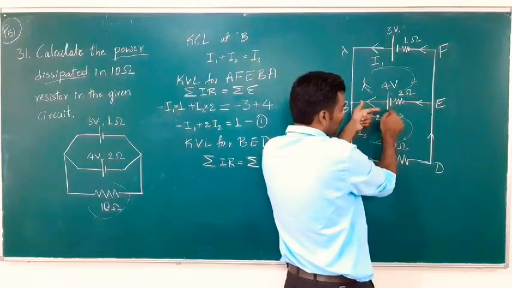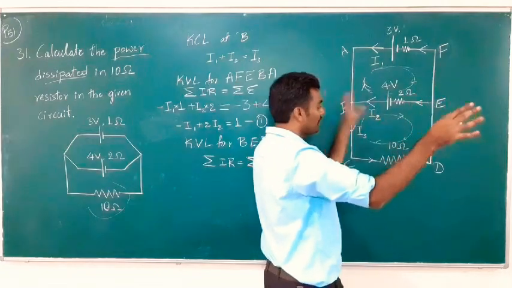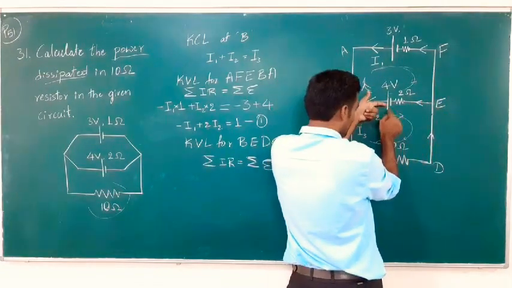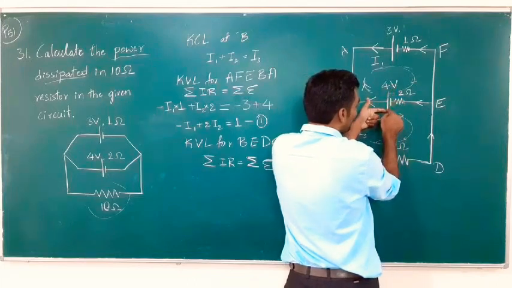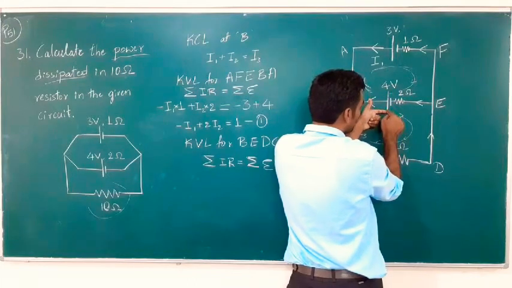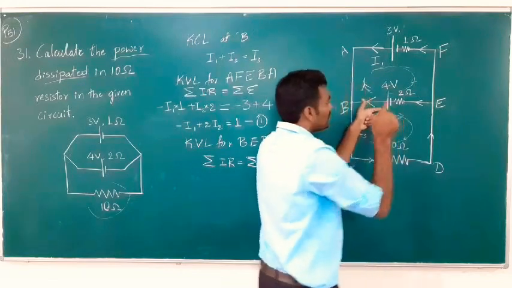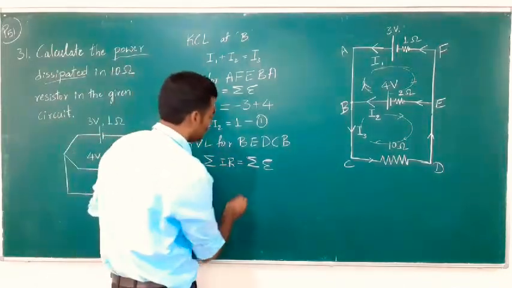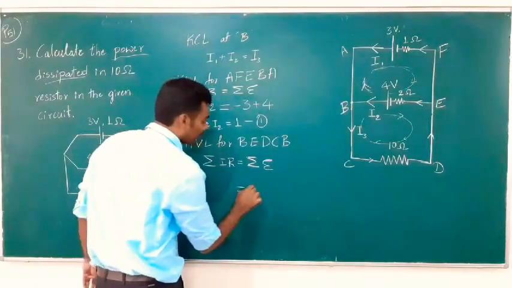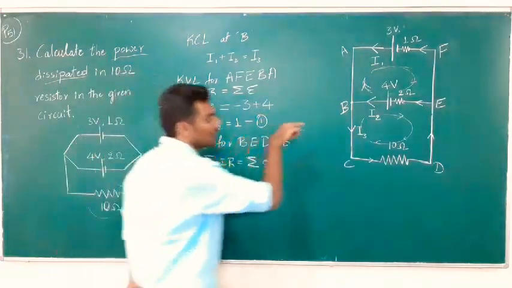And what I see before I go to the resistor is the cell. Don't need to worry about the current first. What I see is the cell, and that cell has the EMF of 4 volt, but I touch the positive terminal of the battery first. So once I touch the positive terminal of the battery, the rule says we should consider the negative of the EMF. So it is equal to minus 4.